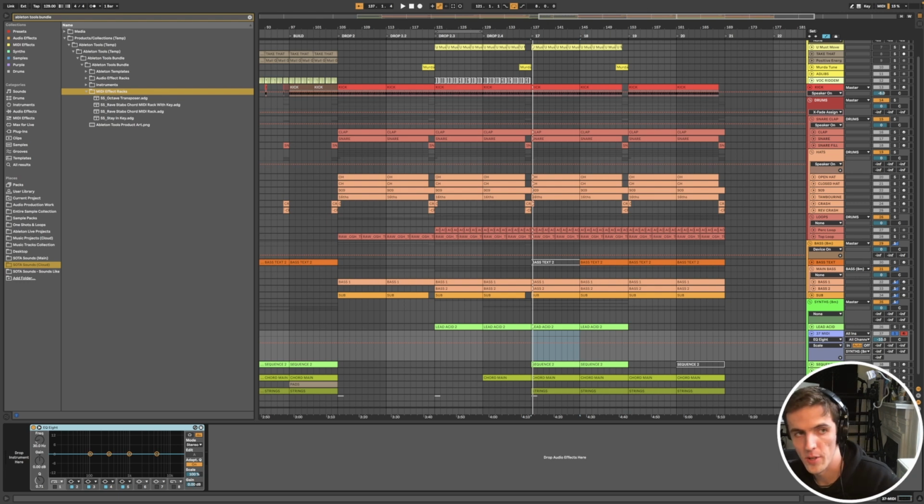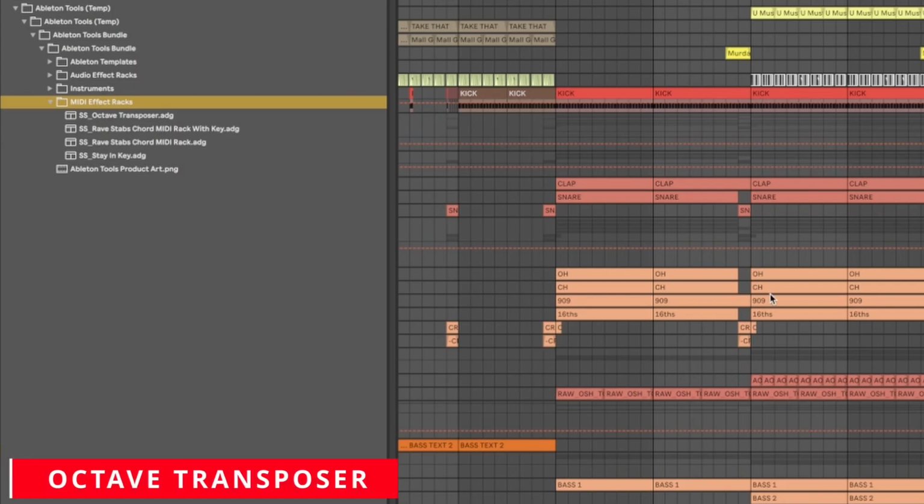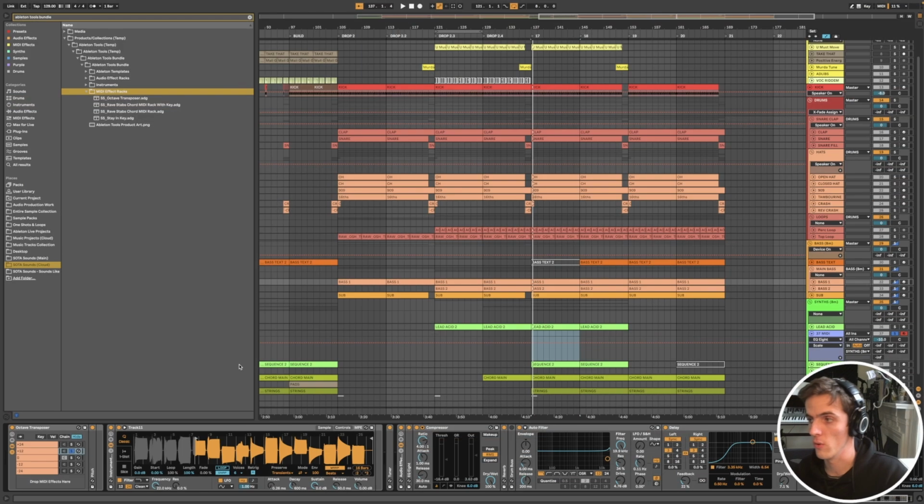So the final part of the bundle is the MIDI effect racks. These are essentially designed to help you write MIDI patterns more easily and find sound potential. I've spoken about the Octave Transposer before with regards to bass lines. A lot of presets will be designed at different octaves, and having that way to play back patterns based on different sounds quickly is going to be very useful for you in deciding what works